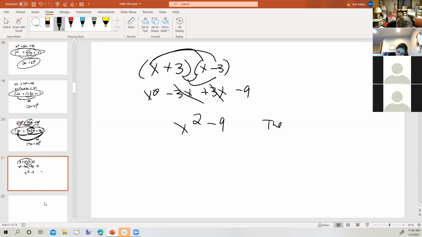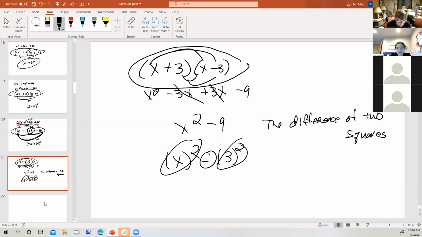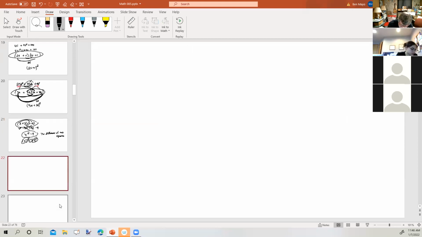This is called the difference of two squares, because we have the difference of two squares. Okay, x squared is a square, 9 is a square, 3 squared, and a subtraction, so it's a difference of two squares. So when we multiply together a conjugate pair, the result is the difference of two squares. Now, why is that important to us factoring? Because if we're going to go the other way,